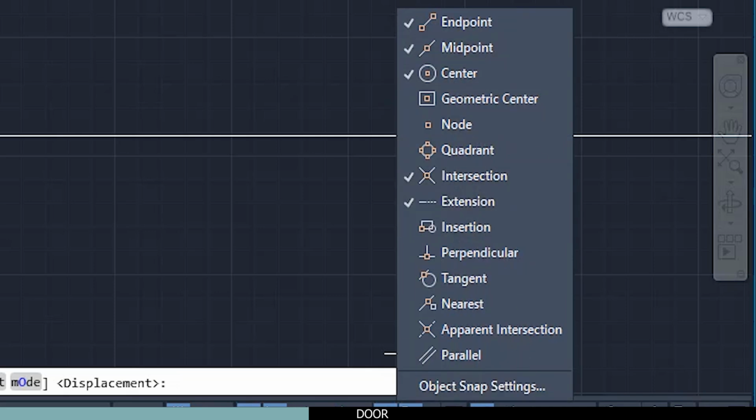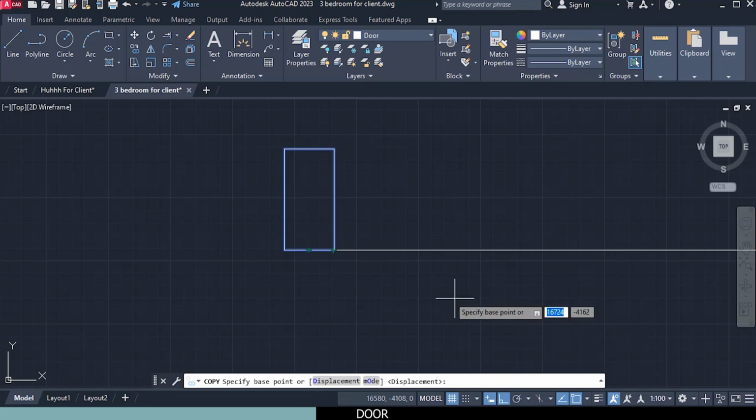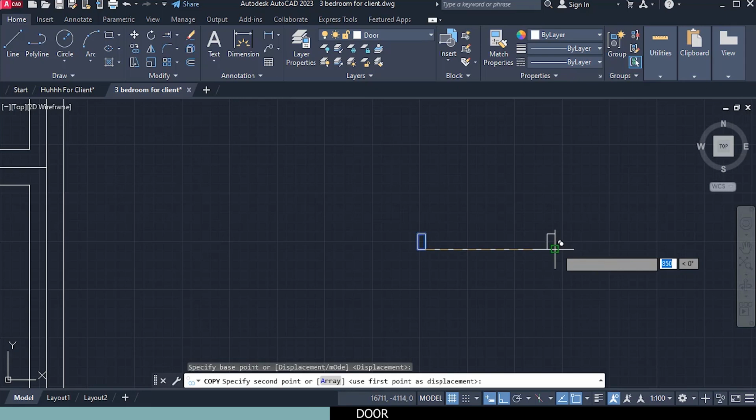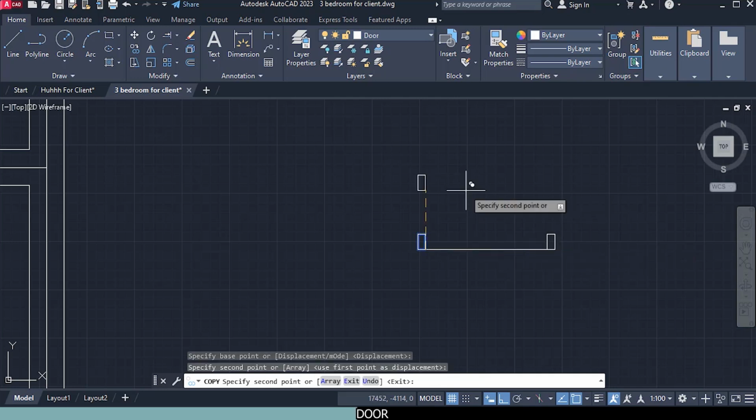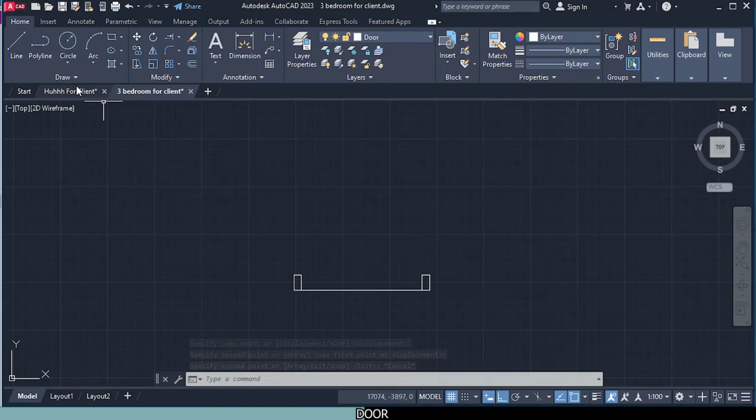So make sure they are on. Click here to make that go away. Come back, click on this endpoint and take it all the way to that endpoint. Yeah, that's our endpoint icon. So just click and then press escape on your keyboard, and now as we quickly use the new tool, which